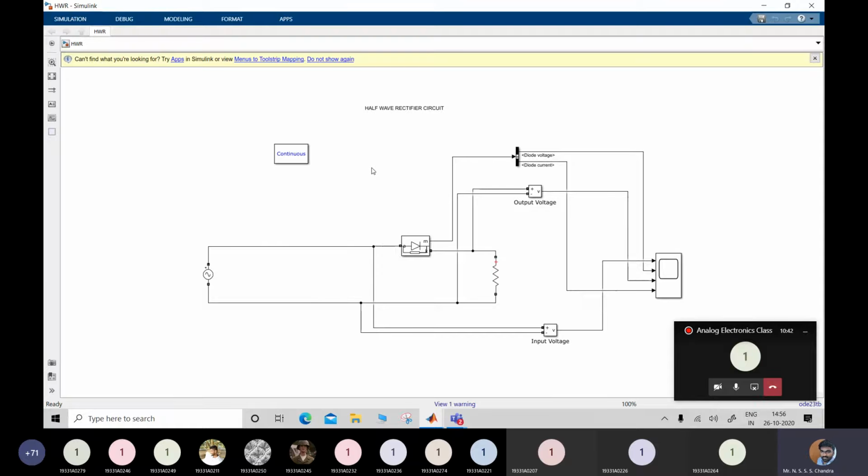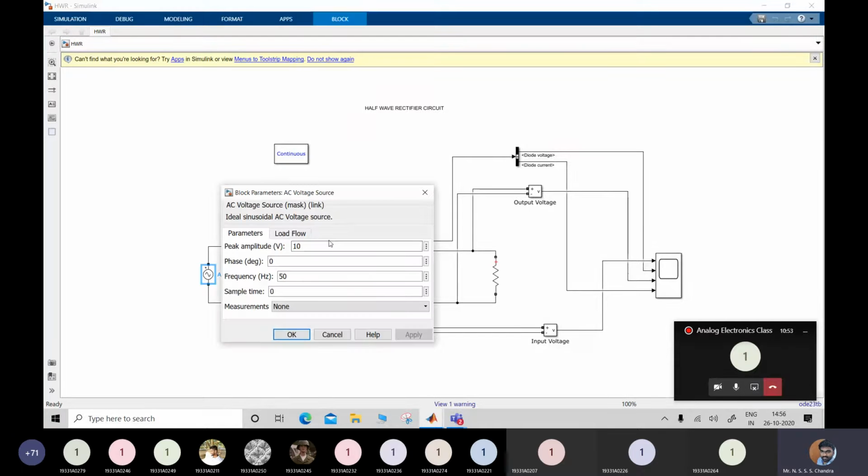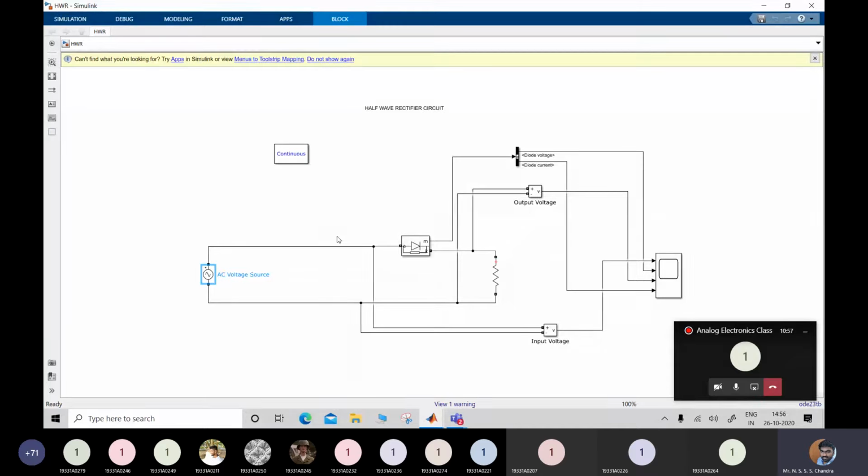Please respond. Yes, sir. Yes, right. So in the last class I made a very simple circuit in which I directly kept a voltage source of 10 volts. Peak voltage is 10 volts, and I connected the circuit as per the circuit diagram. But now, before I introduce new terms like the transformer utilization factor, I want to employ a transformer within the circuit. So I'll be closing this simulation circuit.